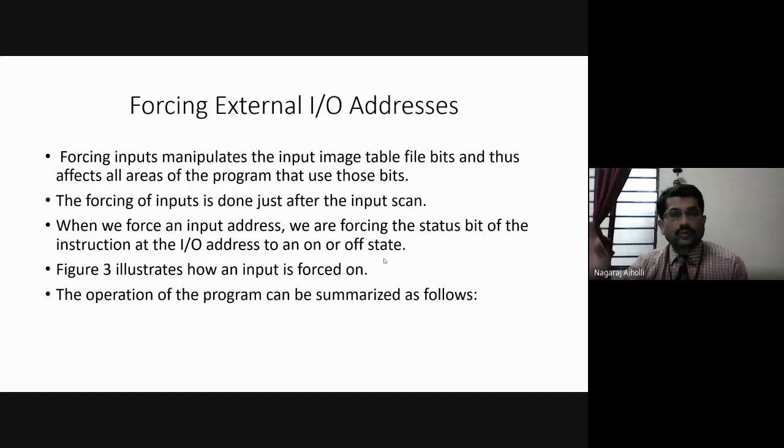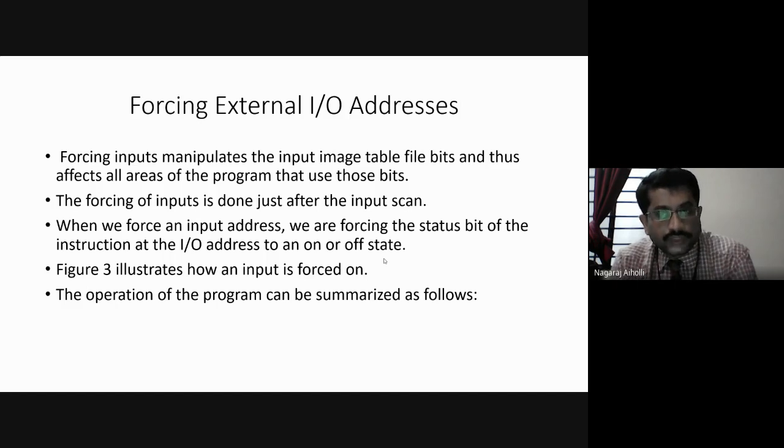There is a certain input output address for the input device and output device. The input device has its own input address where it is located. The output device has its own address where it is located. The memory location in which the status of the output device is stored, or the status of the input device is stored, is where we force that status bit to change from 1 to 0, or, in the output address of the output device, from 0 to 1 or from 1 to 0.